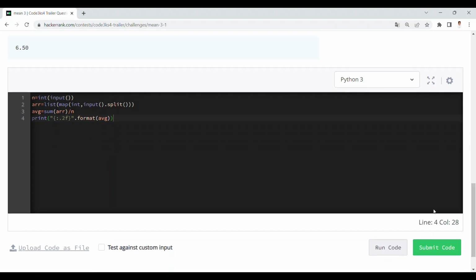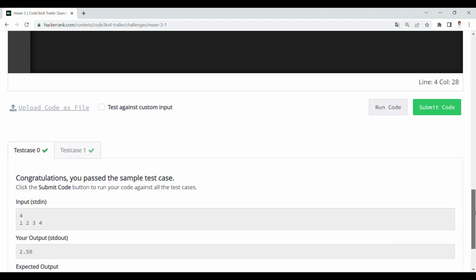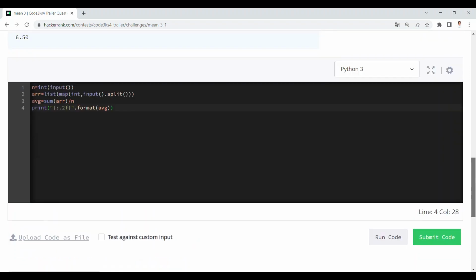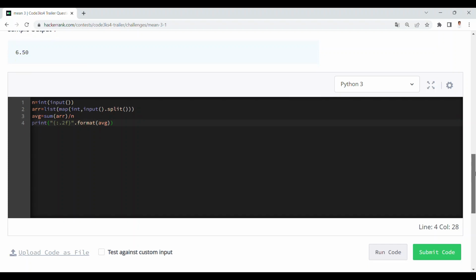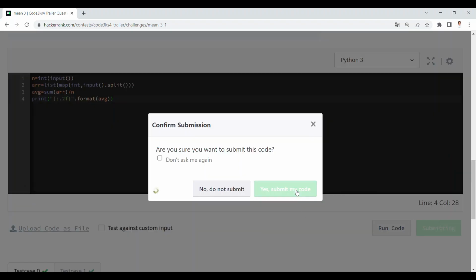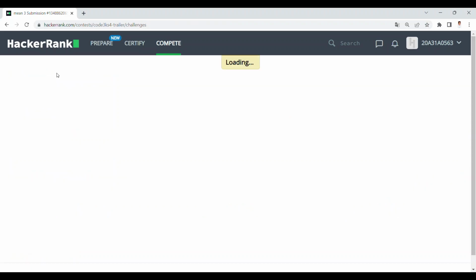Let's check. Yeah, this successfully passed the sample test cases. If we are using C or C++, we have to mention %.2f. That is the syntax for C++. Okay, let's submit. Okay, this passed all the test cases. Let's try the next challenge,